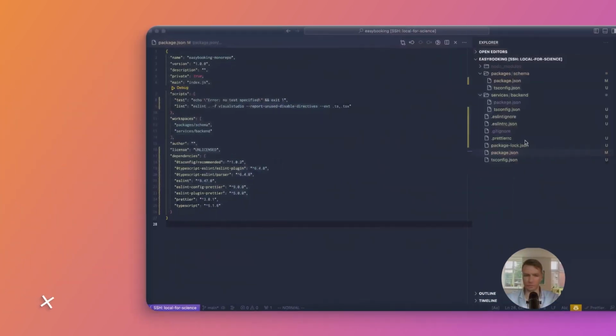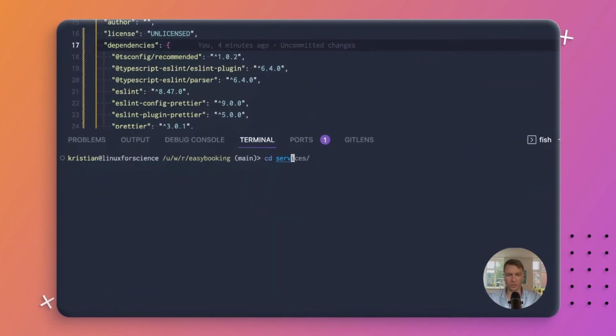We're going to be using a bundler called Vite, and Vite has some templates that we can use to help us create the basic scaffolding of everything we need. So let's try and invoke that. If we go to our services folder, we can run npm create Vite at latest, and we can call our